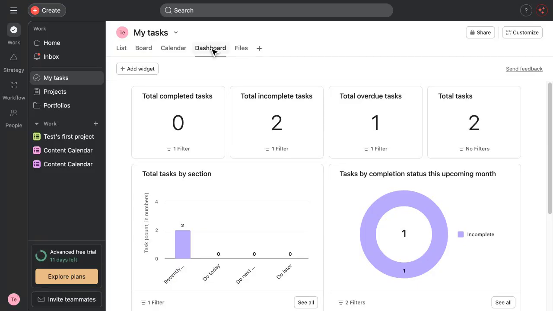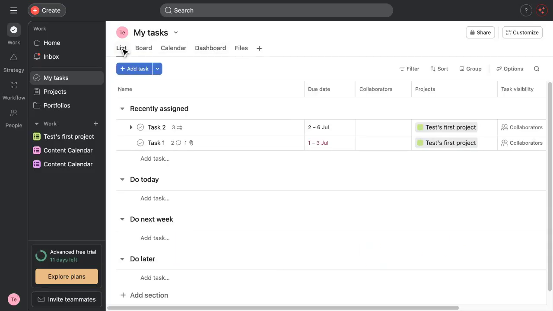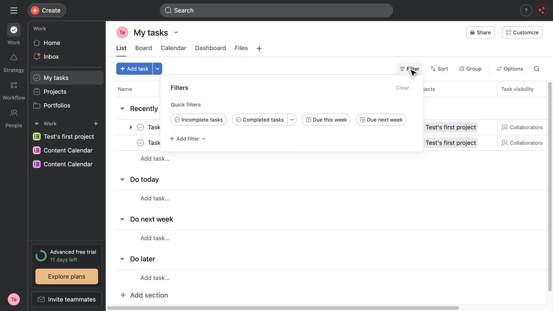Let's head back to list view, since that's where most people manage their day-to-day work. From here, you have a few powerful tools at the top of the screen. Clicking Filter lets you narrow the list down to just incomplete tasks, or just completed ones, so you're not distracted